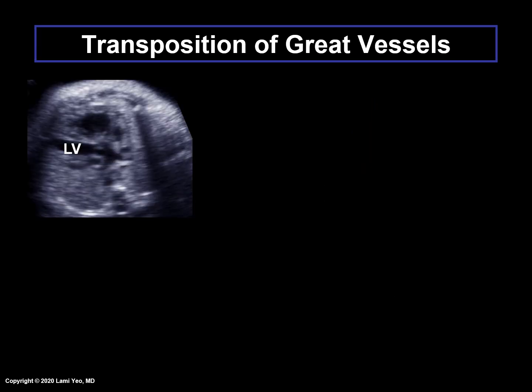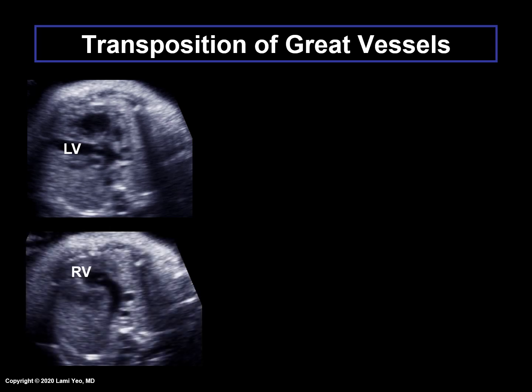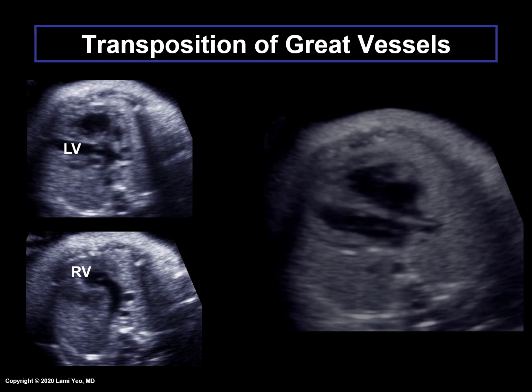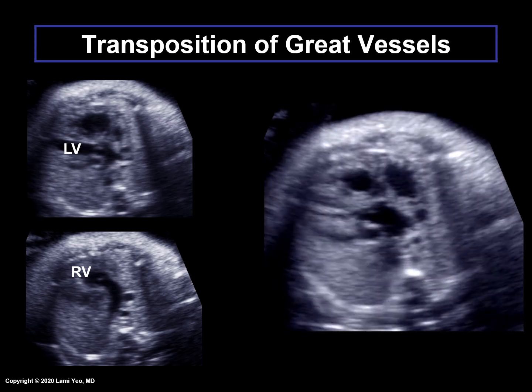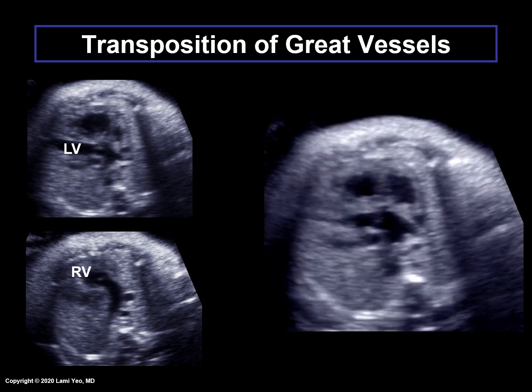Here is a fetal case of transposition of the great vessels. The first image shows a vessel that bifurcates, leaving the left ventricle. Therefore, this is the pulmonary artery. The 3 vessels and trachea view shows a single large vessel, the aorta, exiting from the right ventricle, with the superior vena cava in blue color located to its right. Because the pulmonary artery is located inferiorly to the aorta, it is not visible in the 3 vessels and trachea view. The video clip shows both of the images just reviewed.